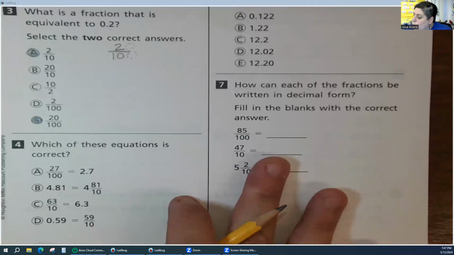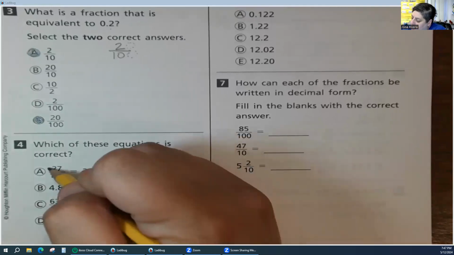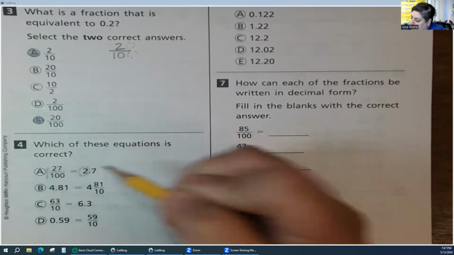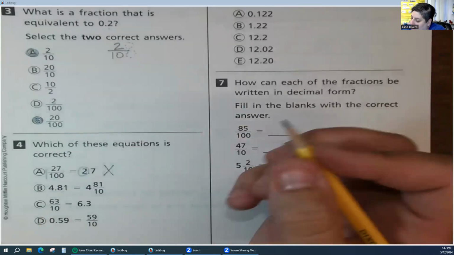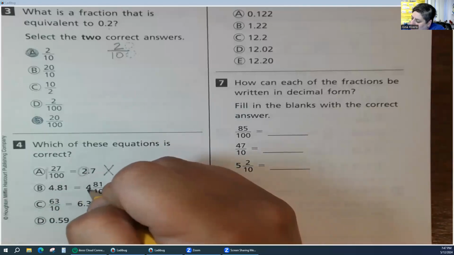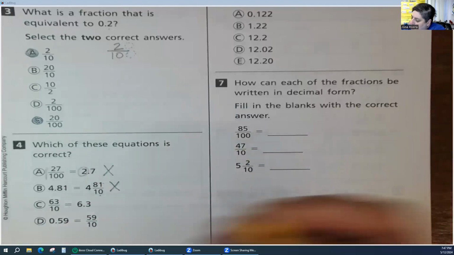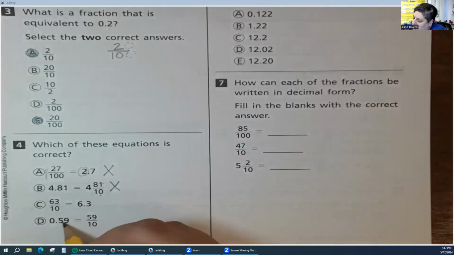Number 4, which of these equations is correct? Let's see. Well, I don't see any whole numbers here, so this 2 shouldn't exist. So this is not our answer. Now, this is $4.81, but this says $4.81 over 10. That does not make sense. Okay? Now, over here, I have 59 cents, but it should be over 100, and I don't see 100, so